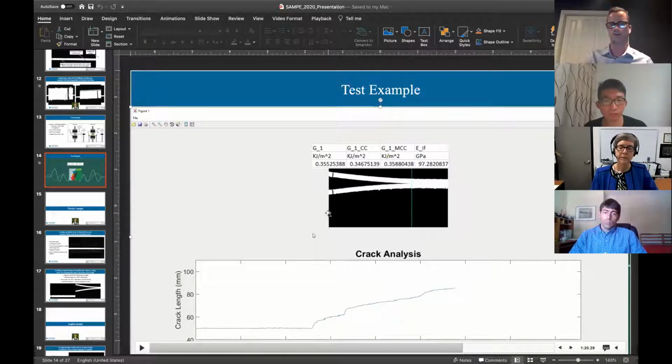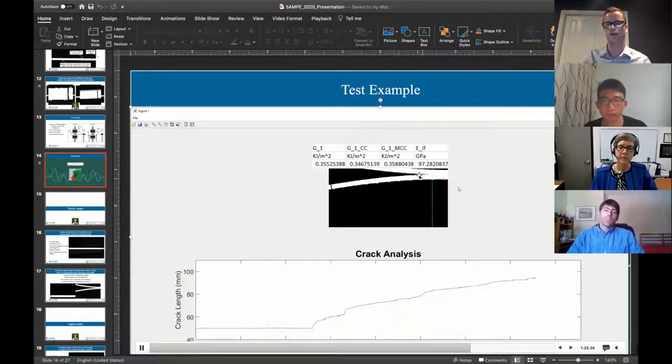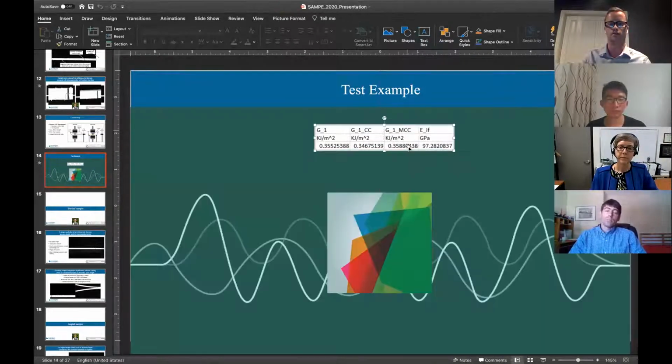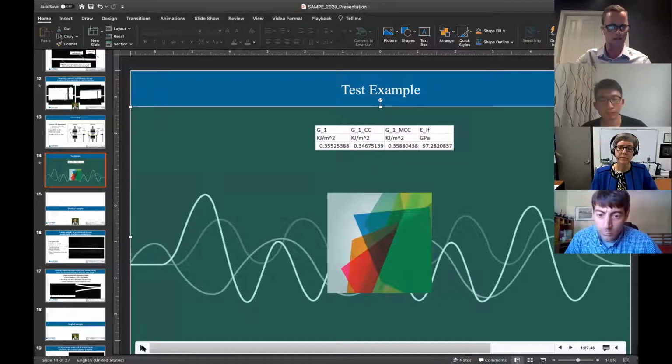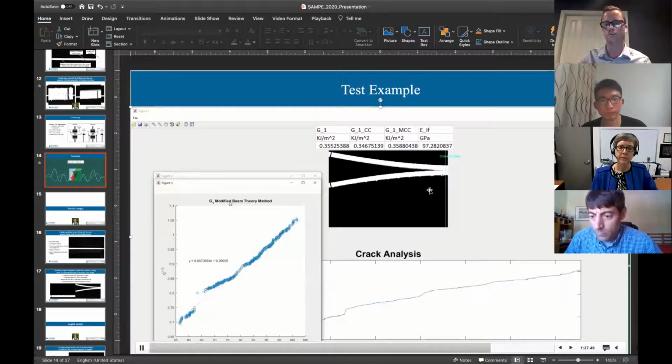And then after that, you see it starts at 50 millimeters, which is the initial crack length on this, and then as it continues, you can see that it follows that crack tip, and that's getting in the way because that pops up later, but it's sitting there obviously during this. So anyway, you can see that as it gets to the end, it follows it very, very well,